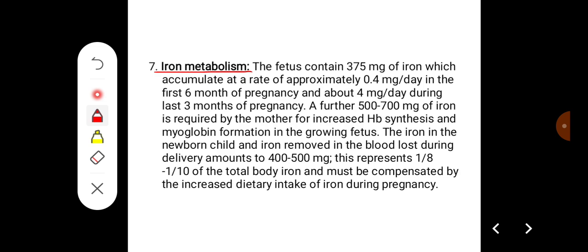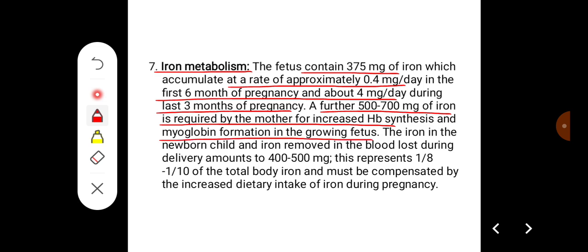Effect on iron metabolism. The fetus contains 375 milligrams of iron, which accumulates at the rate of approximately 0.4 milligrams per day in the first 6 months of pregnancy and about 4 milligrams per day during the last 3 months of pregnancy. A further 500 to 700 milligrams of iron is required by the mother for increased hemoglobin synthesis and myoglobin formation